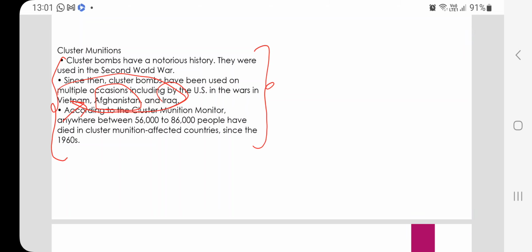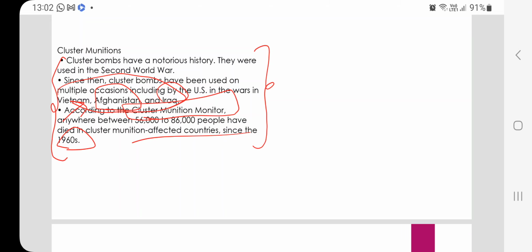Any other countries that have used cluster bombs in conflicts. According to Cluster Munition Monitor, a human rights organization that keeps track of the threats posed by cluster bombs, it has estimated that since the 1960s, 56,000 to 86,000 people have died in cluster munition affected countries. So that is the devastating